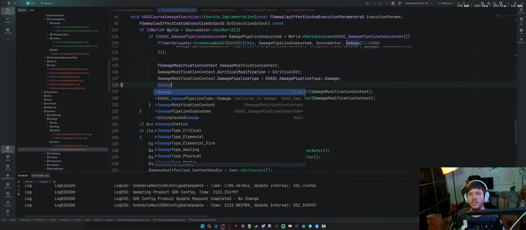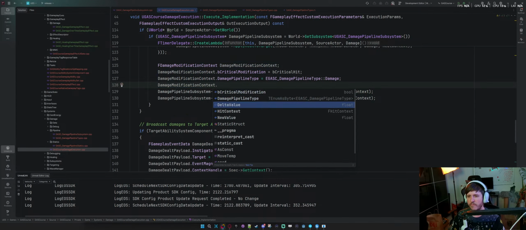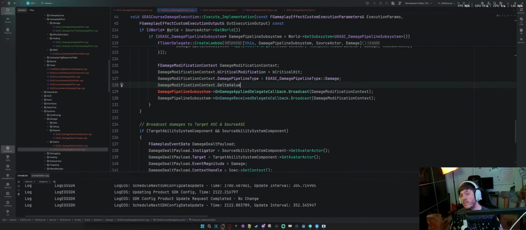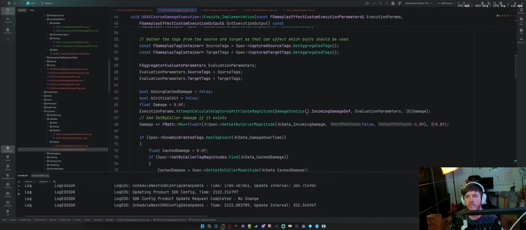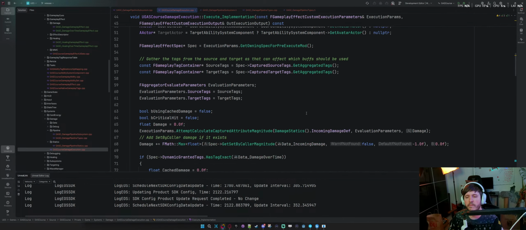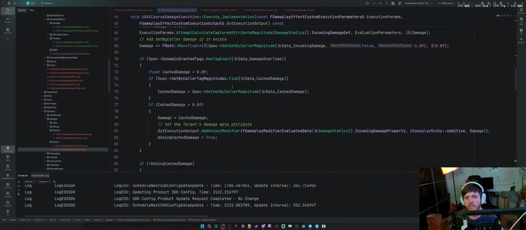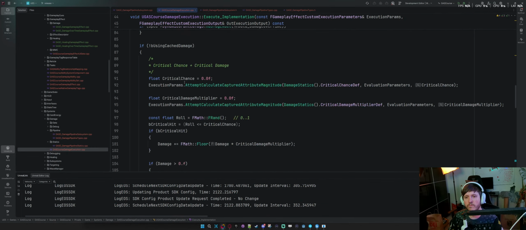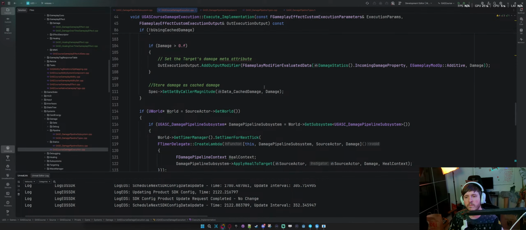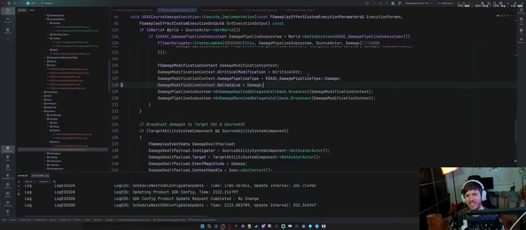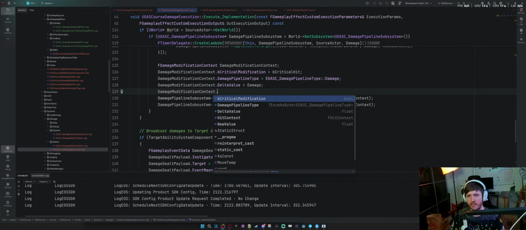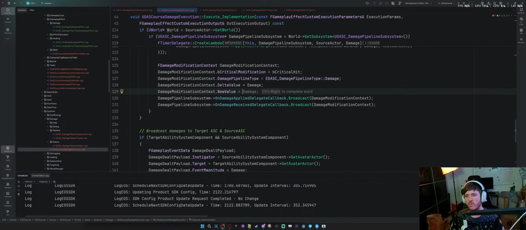Now damage modification context dot delta value equals damage. And I pass in so damage modification context dot new value equals